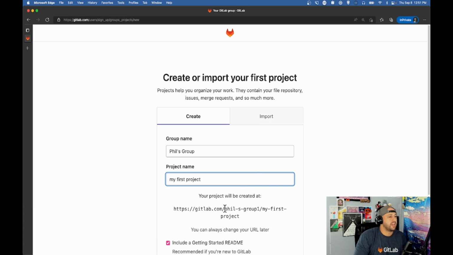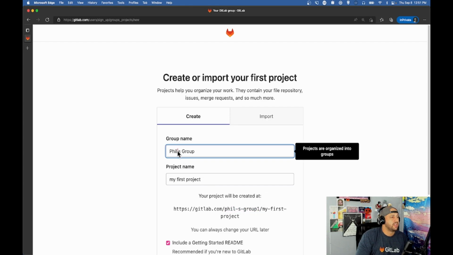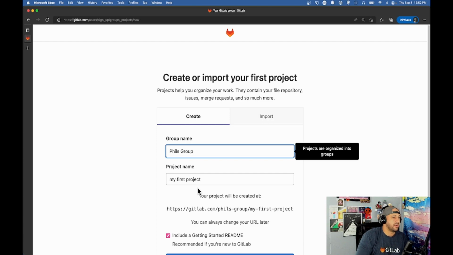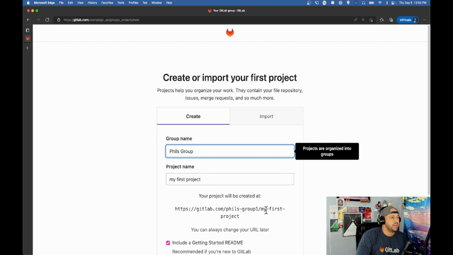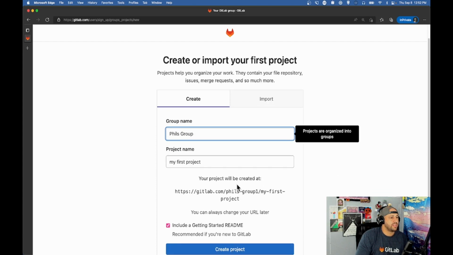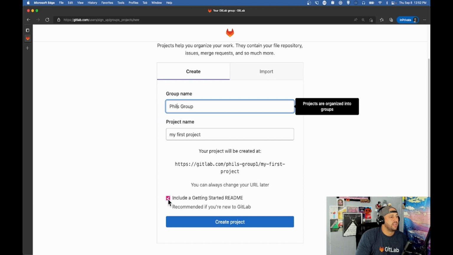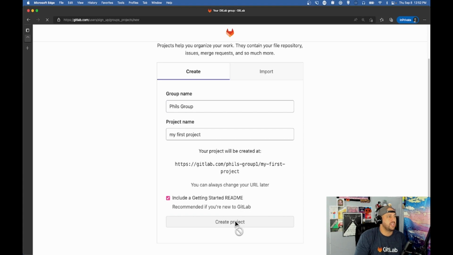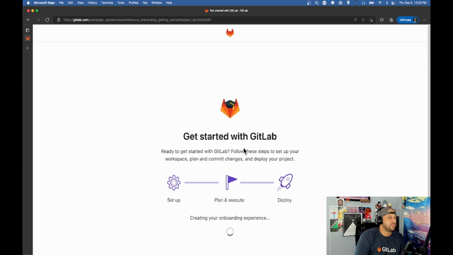And so you'll notice that it creates this project URL here where it's gitlab.com/ and then it's the group name. So Phil's Group 1. And notice that this doesn't count as a character. So I'm just going to go ahead and get rid of that. Phil's Group 1. And then my first project, all of that with dashes. And this is the URL that you get. Include a getting started README. Absolutely. And then we create the project. And then it's going to take us to